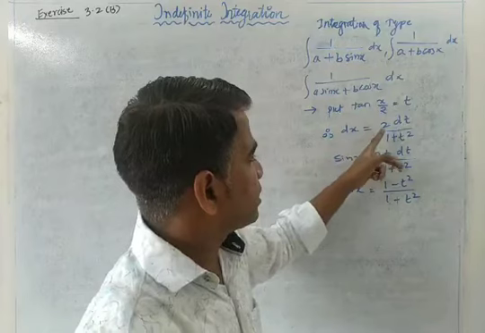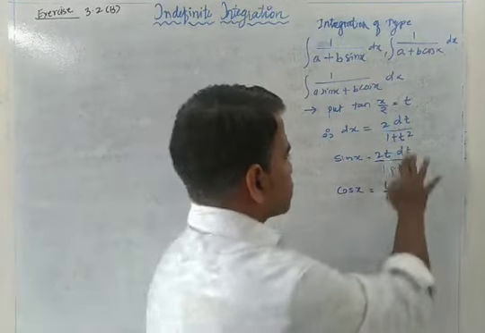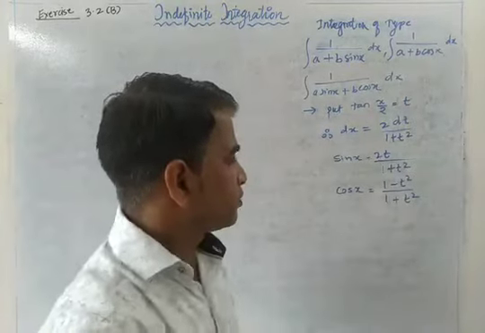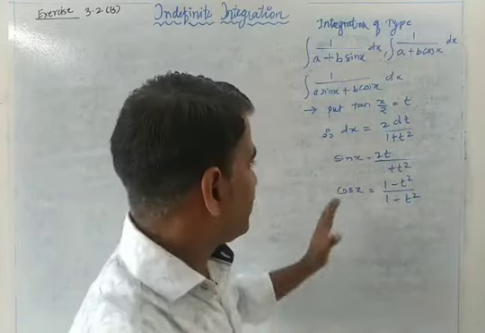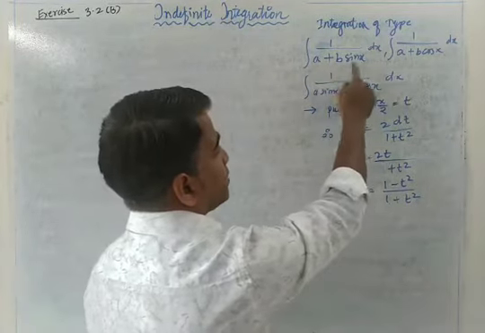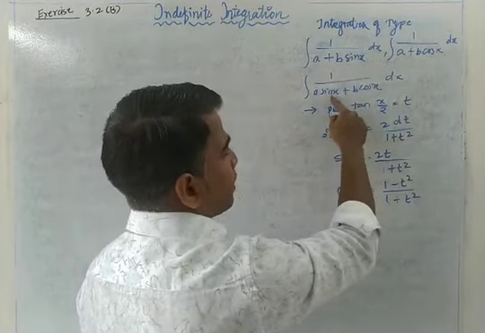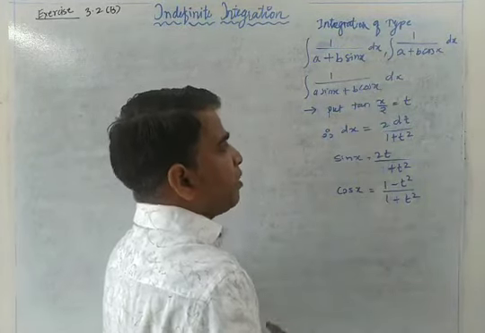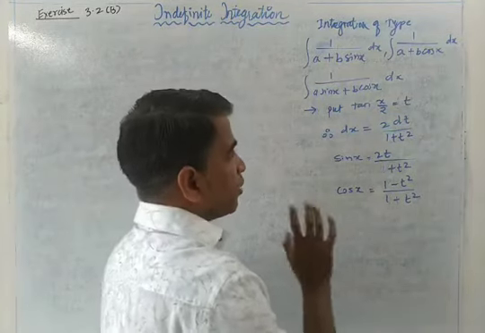Okay, so learn this properly, and in each and every example you have to prove why the value of dx is 2 dt by 1 plus t square, sin x is 2t upon 1 plus t square, and cos x is equal to 1 minus t square upon 1 plus t square. You have to explain why. And suppose it is a plus b sin 2x, a plus b cos 2x, a sin 2x plus b cos 2x, then you also have to check what the answer is. Get it? So that also you have to understand.